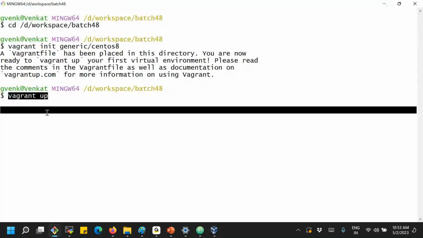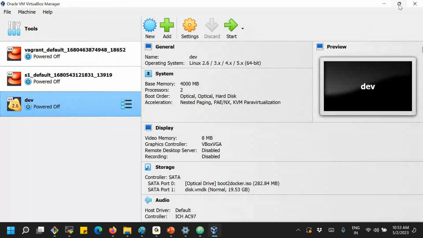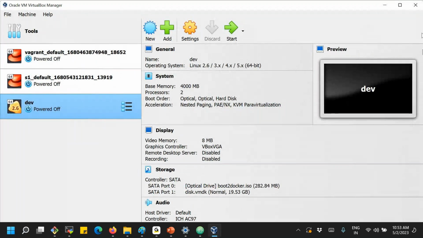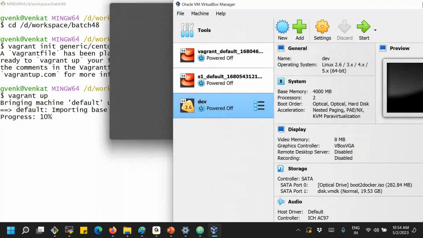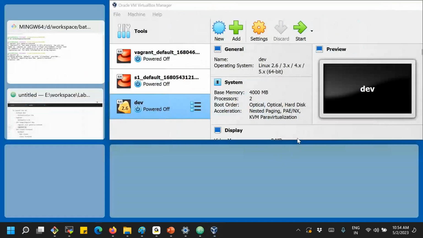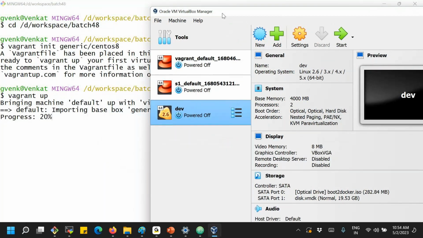But whenever you run the Vagrant up command, just observe here also what will happen. In parallel, we are running the Vagrant up command.